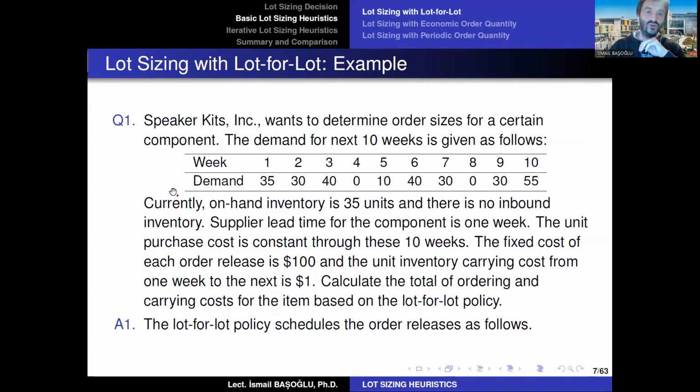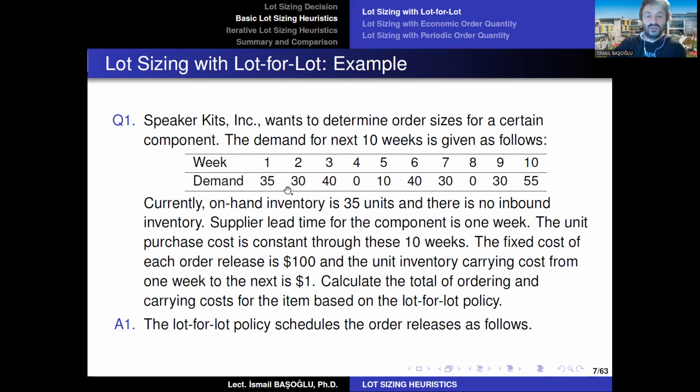So what do we do with the load for load approach? In order to understand it, we are going to work through this question. This question is taken from Heiser's book, the production planning book. It's a very famous book, and this is a very classical question. Now, the company Speaker Kits here wants to determine order sizes for a certain component, and we have a 10 weeks planning horizon. The weekly demands for this component in this 10 weeks horizon are given